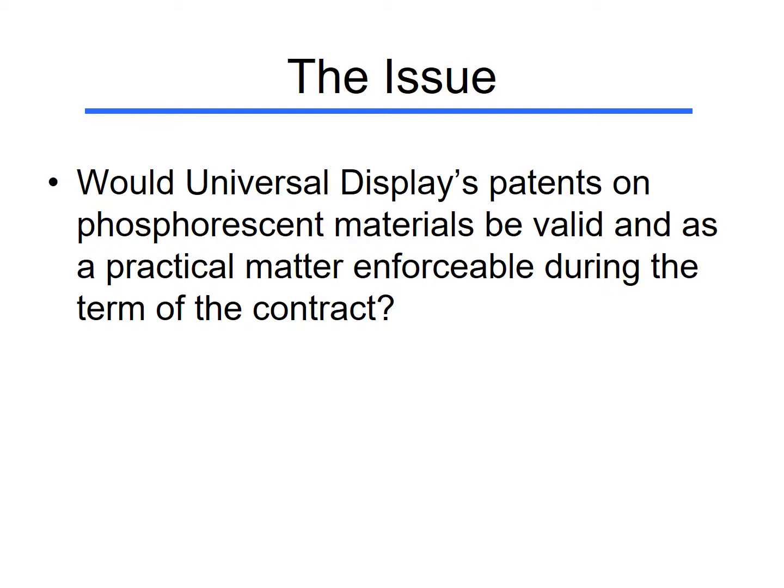As we head over to the contracts, I want to flag the issue. So what's the big thing these guys are struggling with as they go to write a contract licensing Samsung to use Universal Display's patents? And here, as I understand it, is what the big issue was. I should say, by the way, I was not involved in this. I'm getting all this information from public documents, and indeed you'll see my copies of the documents are pretty unattractive. I always make sure to grab only completely public things to use in teaching, and so the contracts here come from a public source, and they're just not pretty.